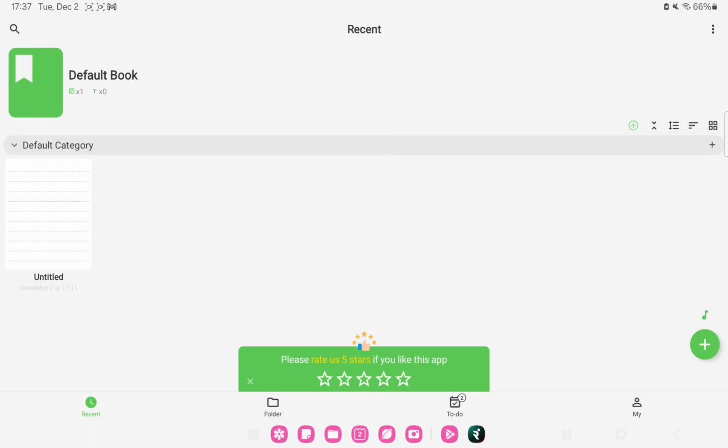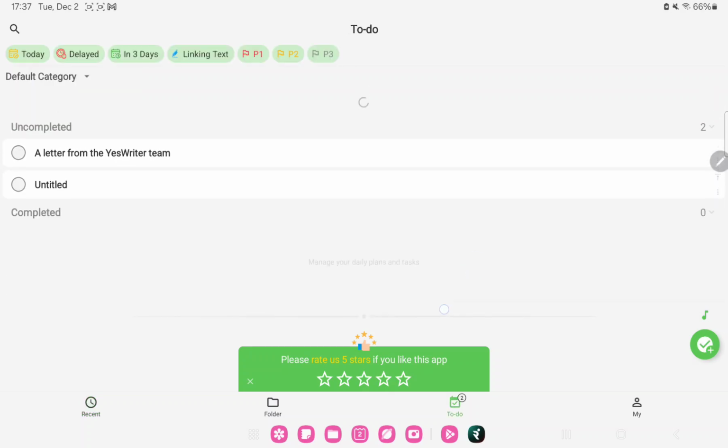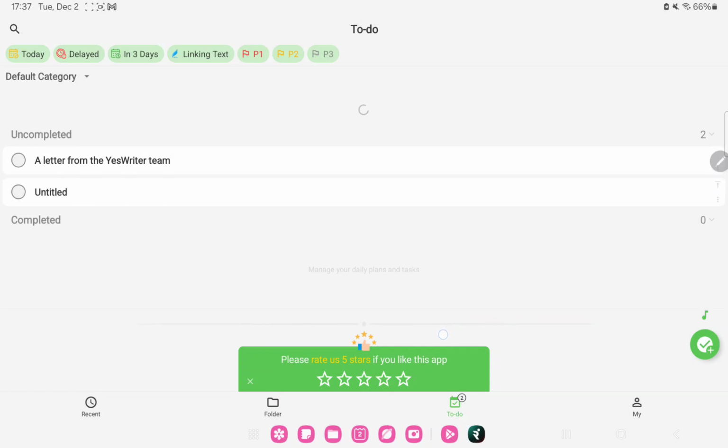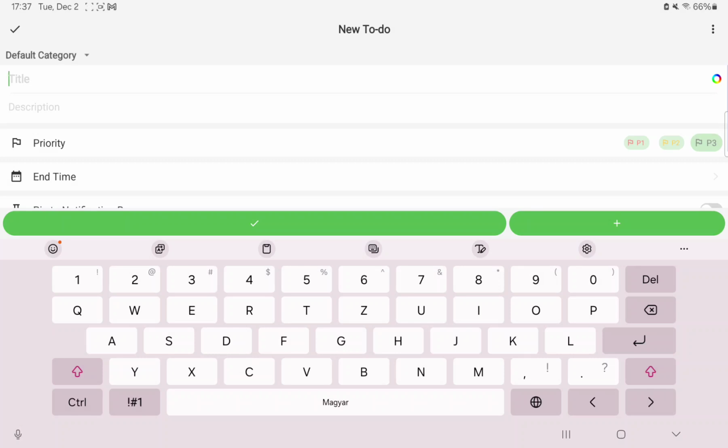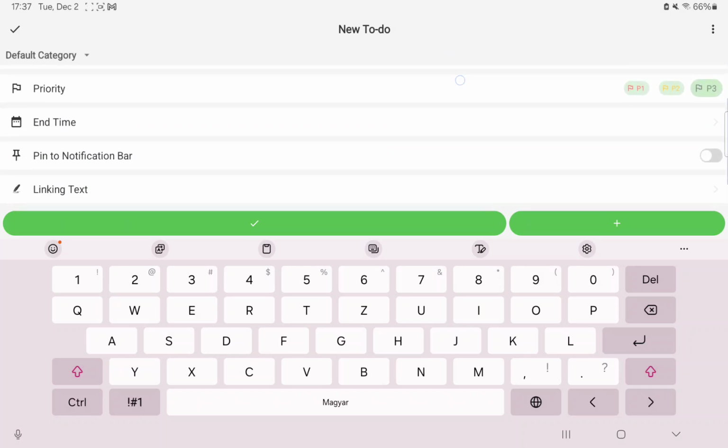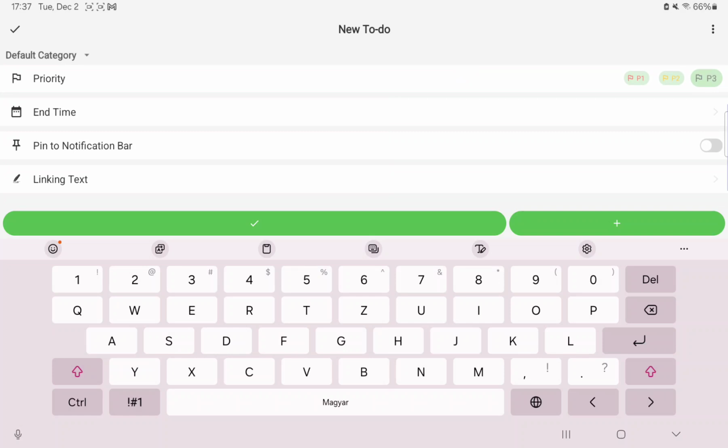First of all, open the application on your device. That's the home screen, and you can find different buttons. You just go to the lower bar and click the third option, the to-do, and here you can check your completed or uncompleted to-dos. But if you want to create a new one, click the plus green icon at the lower right corner of the home screen, and here you can add the title, a description, you can set the priority, the end time, or you can pin to notification bar, and you can link a text for